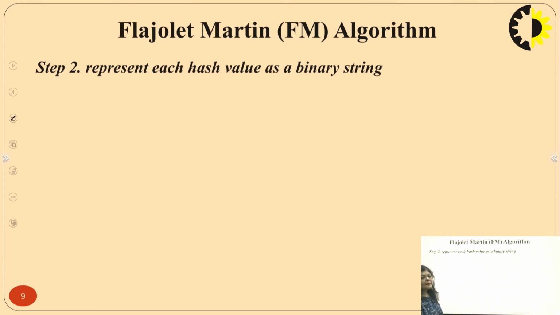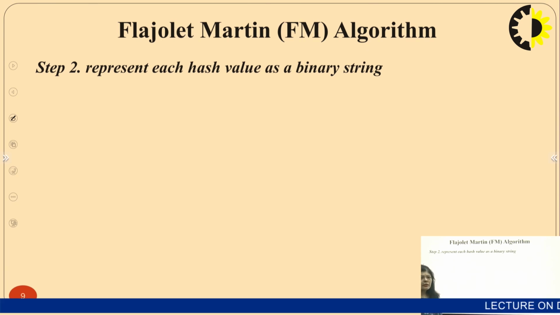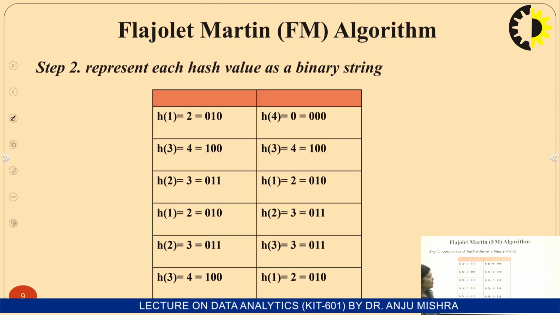Once this step is done, we need to proceed forward to step 2. In step 2, we are going to represent each hash value as a binary string. As we have discussed in the pseudocode of the algorithm, in step 2 we are creating binary strings. And how are we creating that? It is very easy. Whatever hash value or hash output you get, you just have to convert it into a sequence of